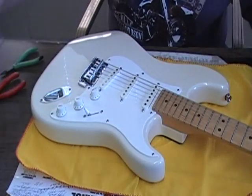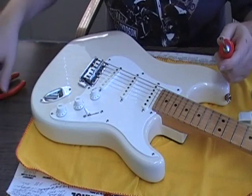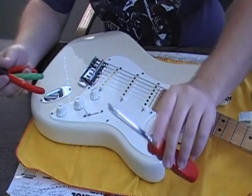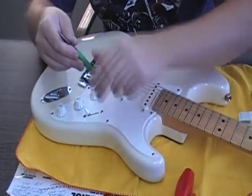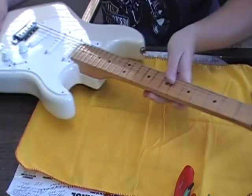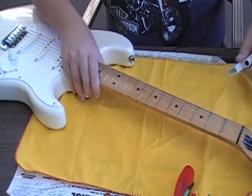Alright, we're going to get started tearing our guitar down. You're not going to need a whole lot of expensive tools to do this with. I got a Phillips screwdriver, small pair of wire cutters, some needle nose pliers. That'll get us started. This guitar is already strung up and everything, so first thing I'm going to do is